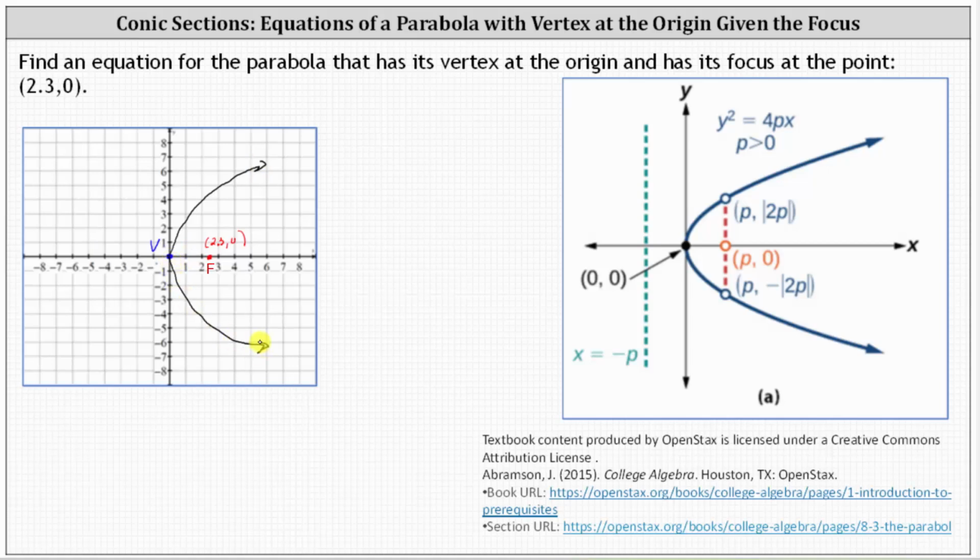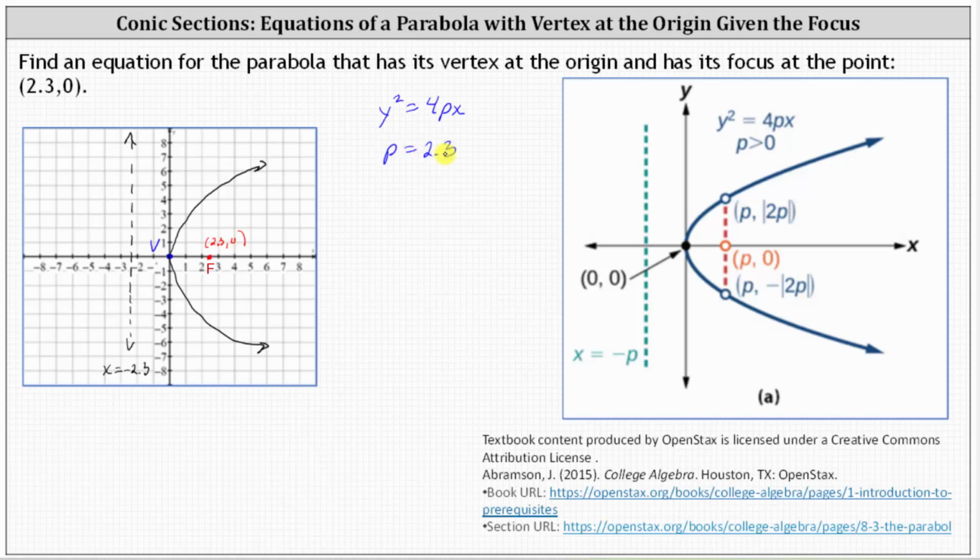If we wanted to, we could also find the equation of the directrix, which is going to be parallel to the y-axis, 2.3 units to the left of the vertex, giving us the directrix, this vertical line here, with an equation of x equals negative 2.3. Now let's go ahead and find the equation. Again, because the parabola opens to the right, we know the equation is in the form of y squared equals 4px,